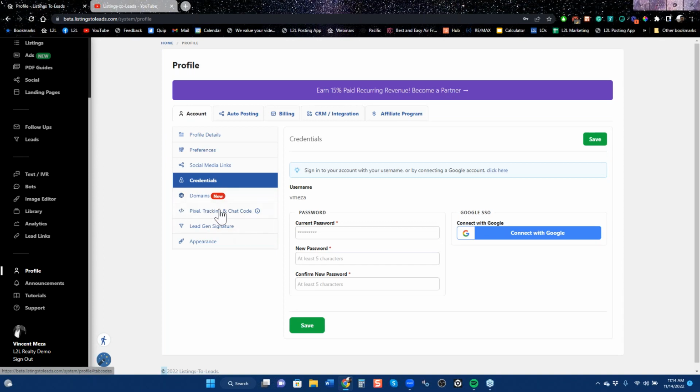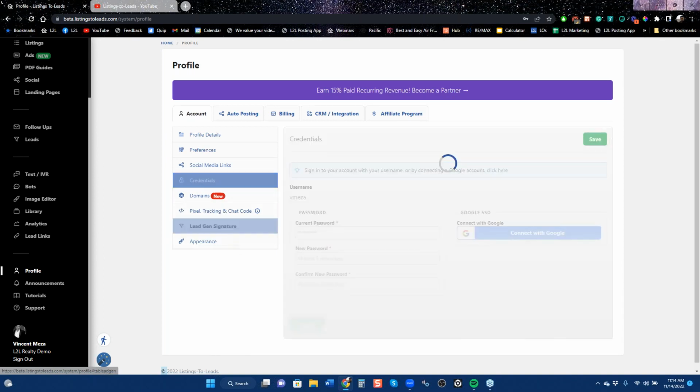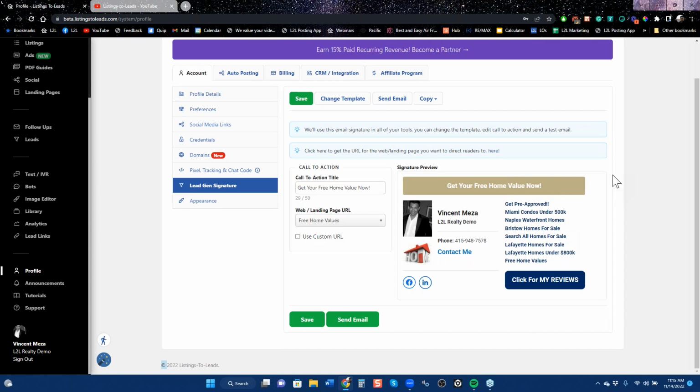It's been a while. Let's see. Then you got a lead gen signature. This is the lead gen signature. A lot of you never find it, and it's not your fault. We built so many things and you just keep burying them, you hear me or Scott talk about it. So this can be copied and put into your Gmail or your Hotmail or whatever,